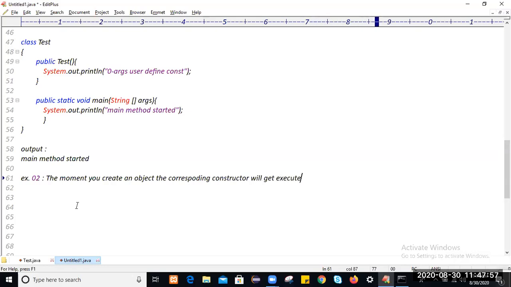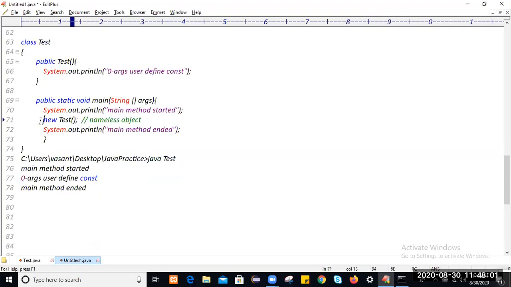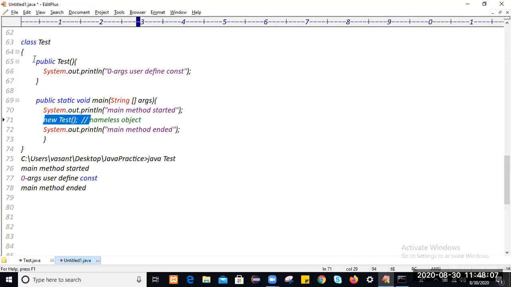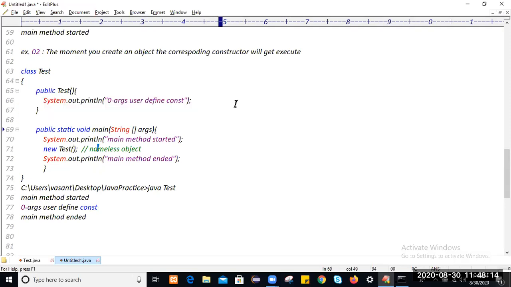So this is the example for that. We created a zero argument object, and we have a zero args constructor within the class. The moment you create the object, this constructor will get executed. If you create one more object, again this constructor will get executed.